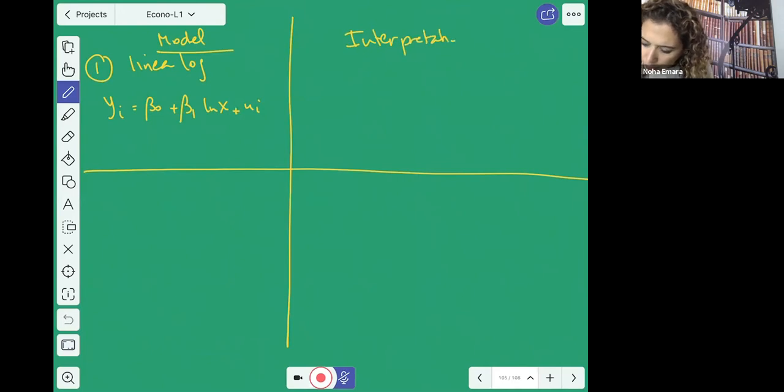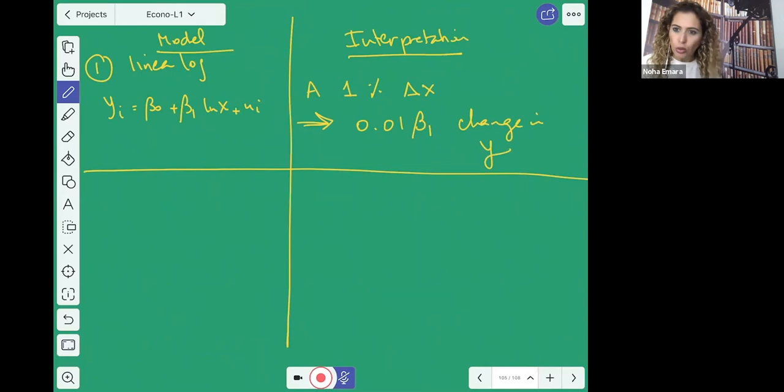A 1% change in x implies a change in y. So you take your coefficient: if it is 1%, use 1 over 100; if it is 5%, then 5 over 100, and you multiply it times the estimated beta to get the change in y. Number 2,